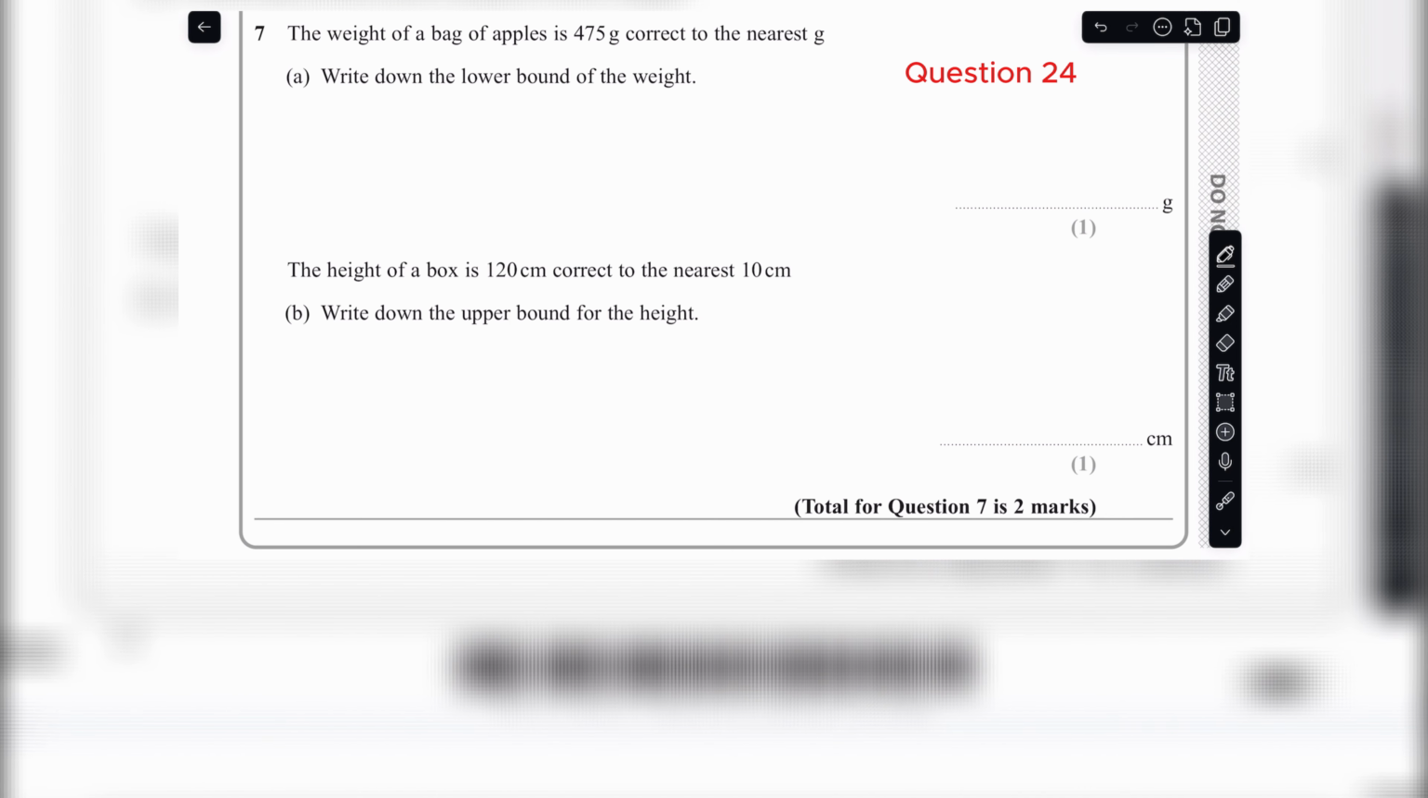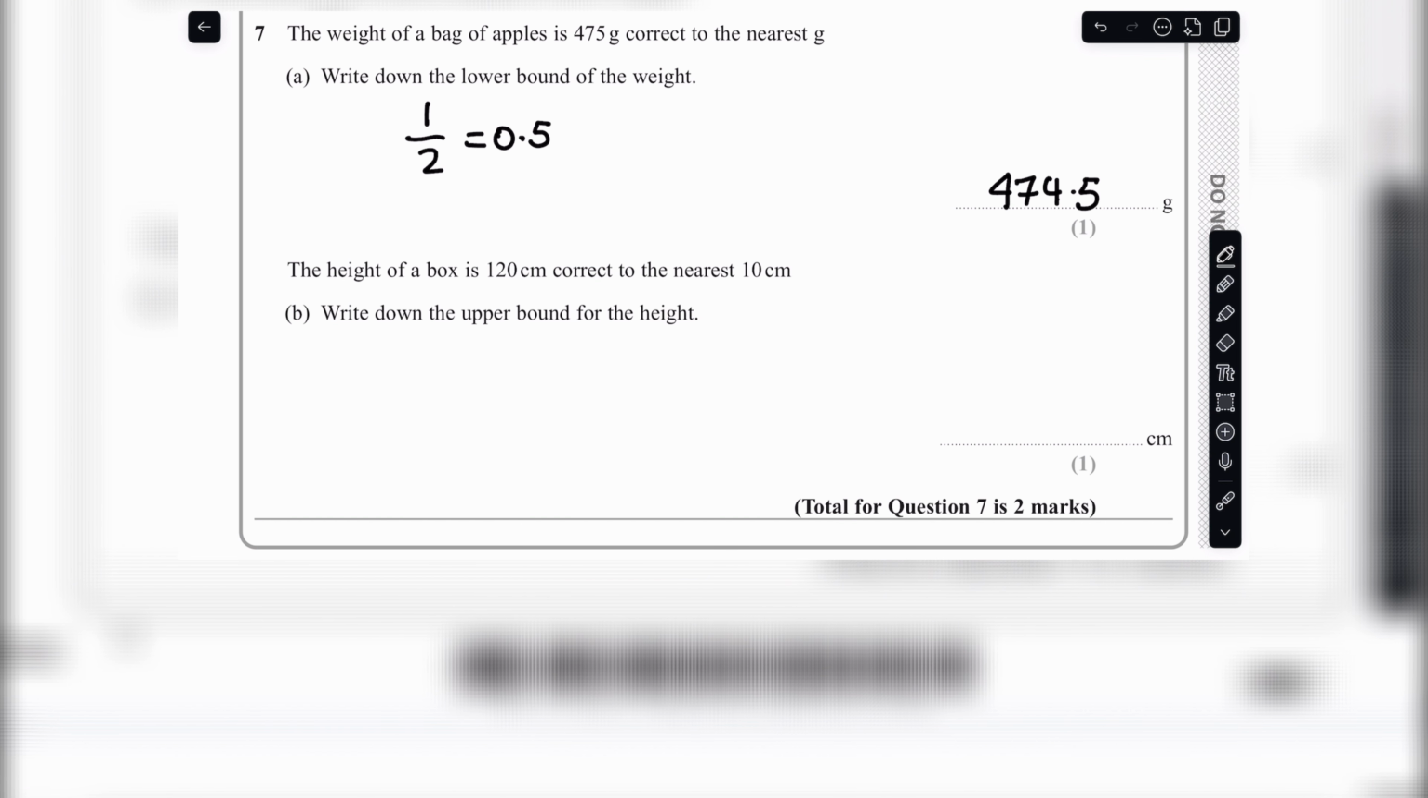In question 7, we are told that the weight of a bag of apples is 475 grams, correct to the nearest gram. In the first part of this question, we are told to write down the lower bound of the weight. So given as it is correct to the nearest gram, we need to divide 1 by 2, and that gives us 0.5. And then we need to subtract this value from 475. So our final answer is